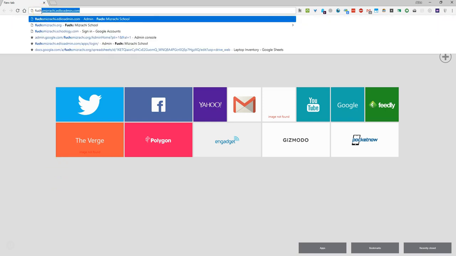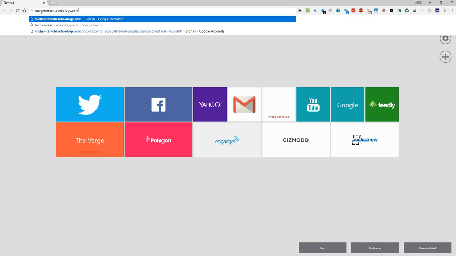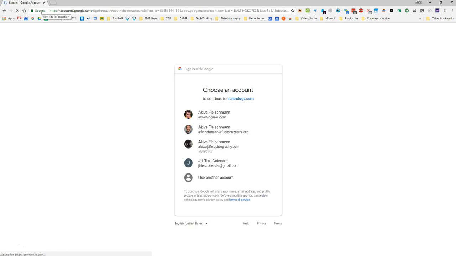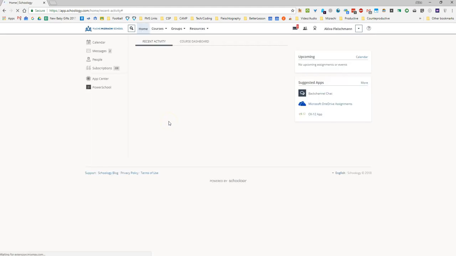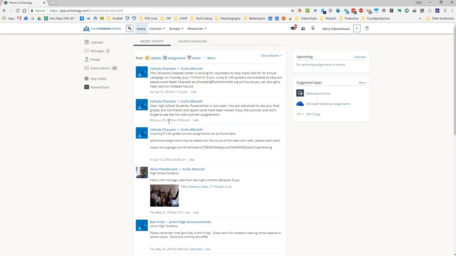First thing we've got to do is start with the URL. fuchsmizrahi.schoology.com will get you to a Google landing page. Now you are supposed to select your school account. If you select your school account, you should land on the main homepage of Schoology, which would look something like